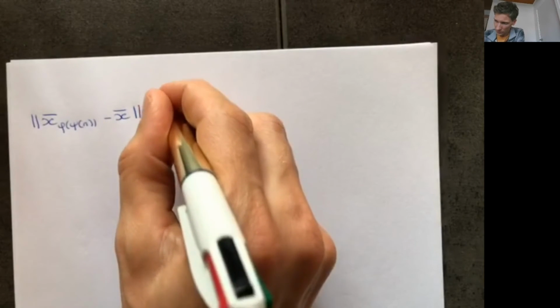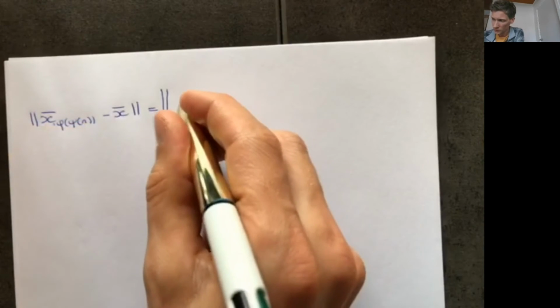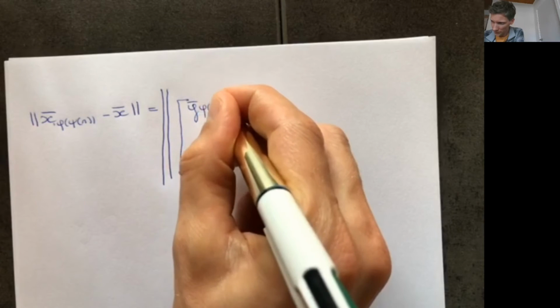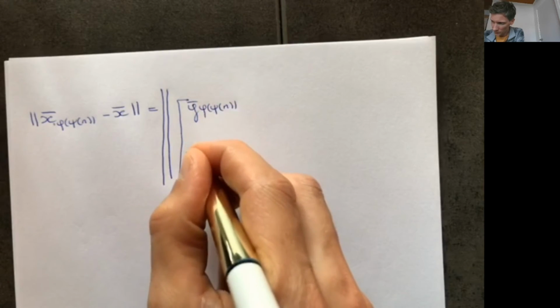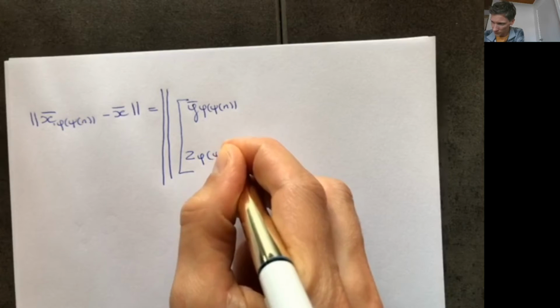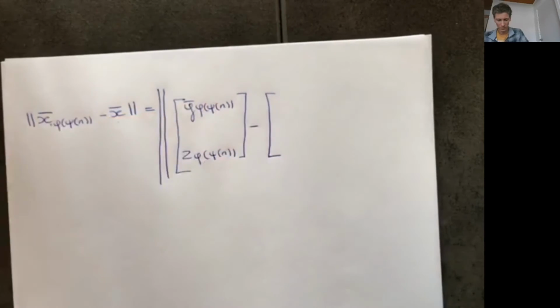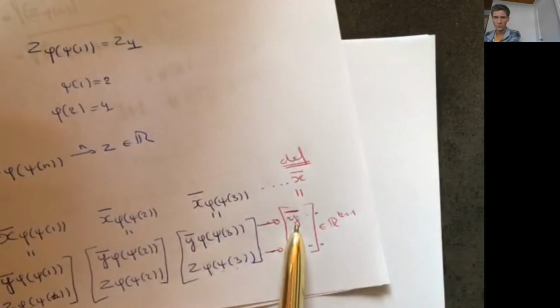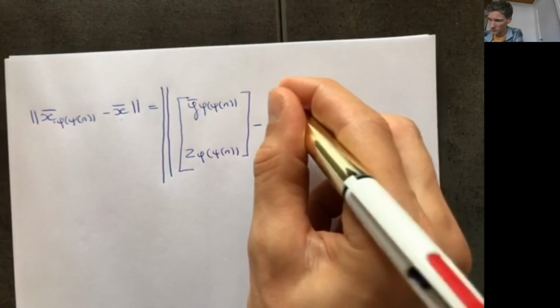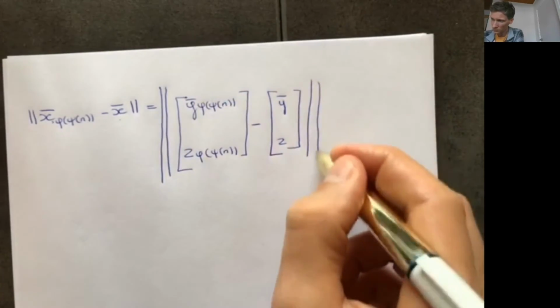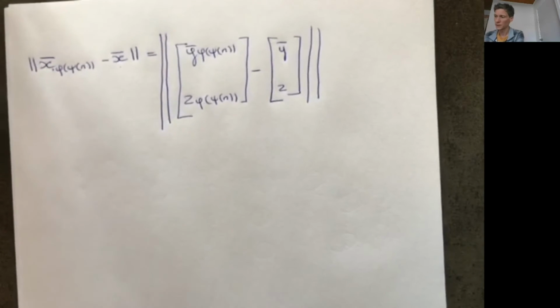Well, let's write it out back in terms of y and in terms of the z here, right? So this vector here, this is nothing more than y of psi of n. Second one is z of phi of psi of n. And you're subtracting this vector x, which was here defined as the limit of the y's stacked on top of the limit of the z's. Right, so y and z. Right, so basically these are two vectors of dimension rk plus 1.